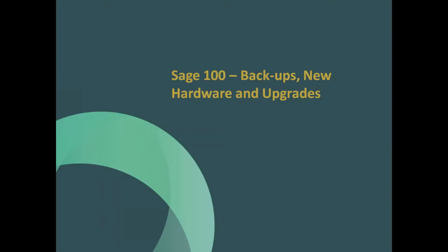To be talking about backing up your system, the importance of that. We're going to talk about things you need to take into consideration when you're buying new hardware, getting a new server, new workstations, and then also talk a little bit about upgrades. And then also, as Dee Dee mentioned, we'll talk a little about antivirus and kind of tie that into the